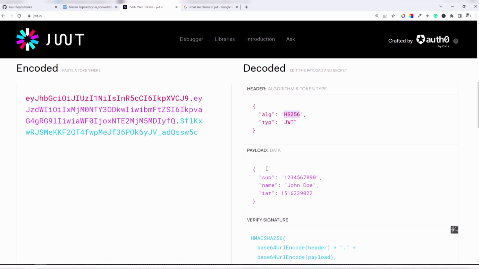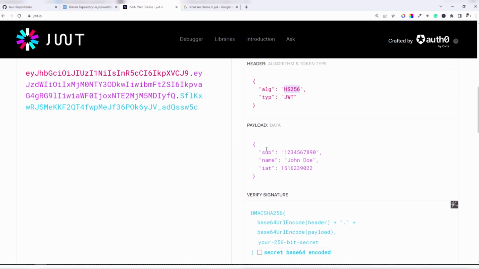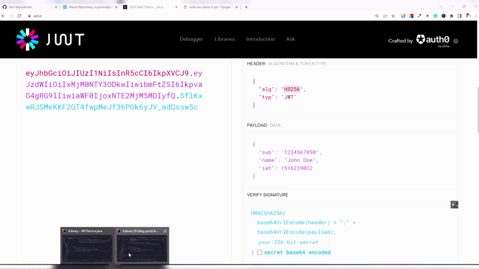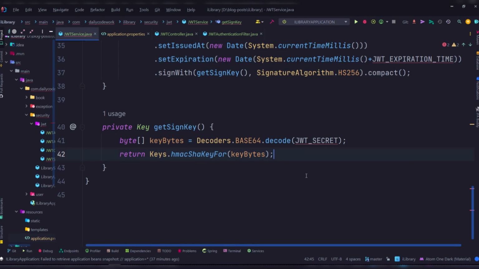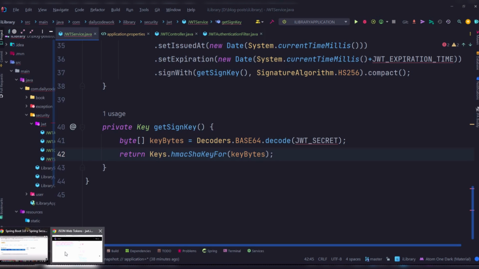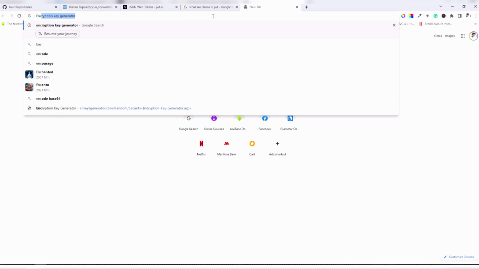Now how does Spring know how to decode this again? Because we passed a secret key to generate it, so for decoding it again we need the secret key. That's what we're doing here. Now we're going to get our secret key, so let me quickly go to a website called